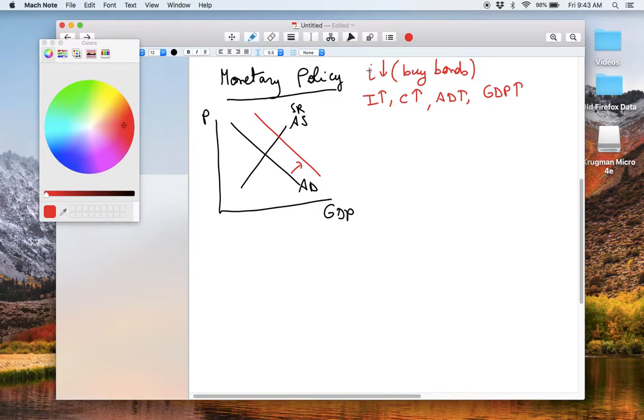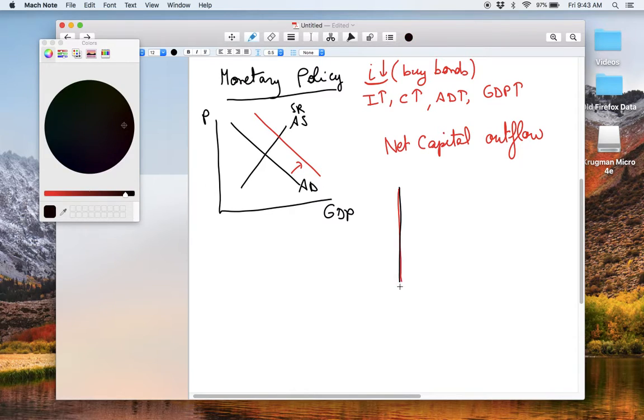When interest rates go down, there is going to be a net capital outflow, meaning there's more money leaving the country than coming in because everybody's trying to run away from the lower interest rates. And in the foreign exchange market, dollars versus, let's say, euros per dollar,